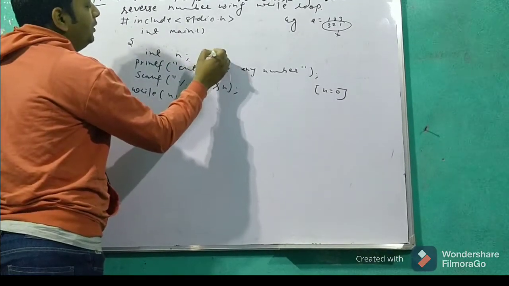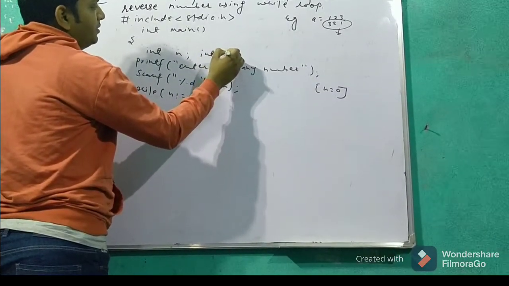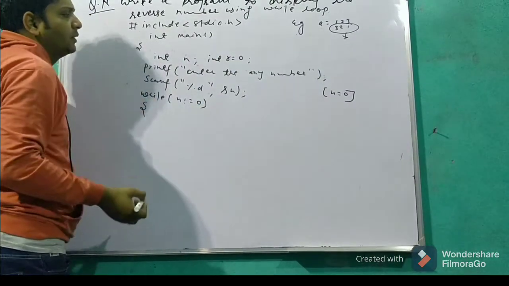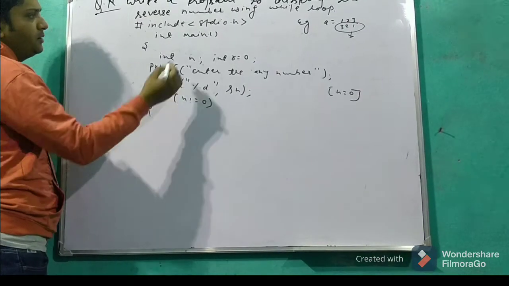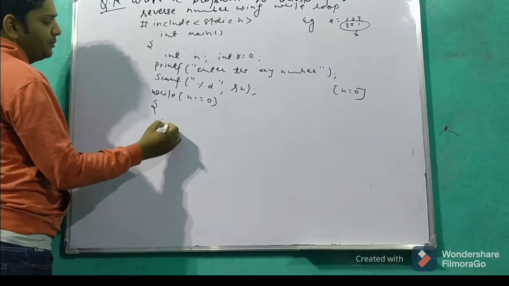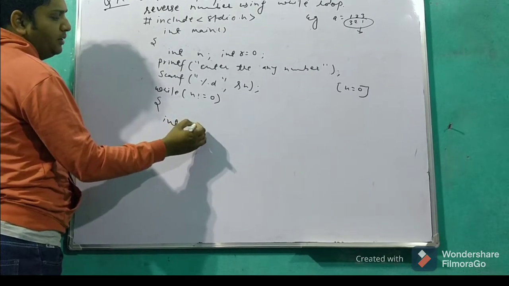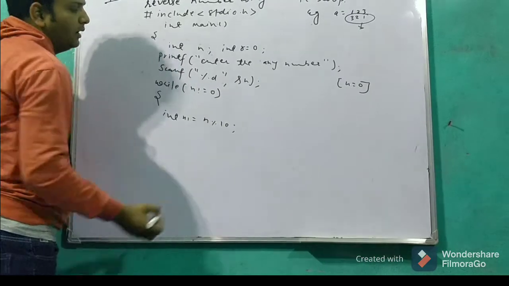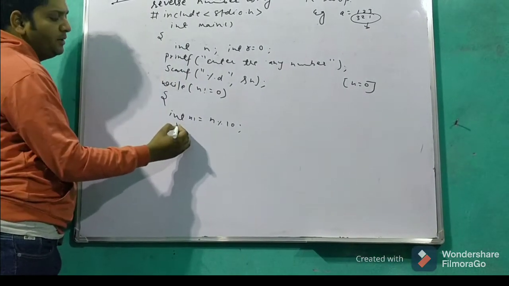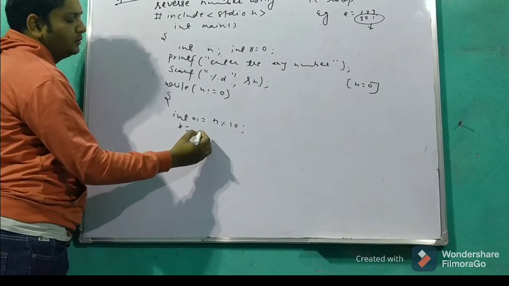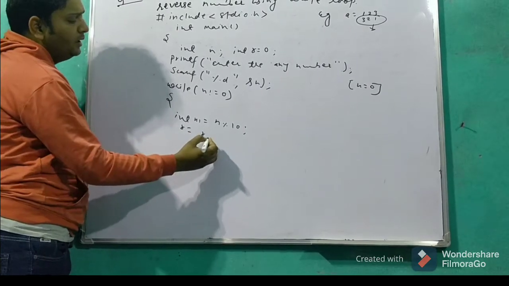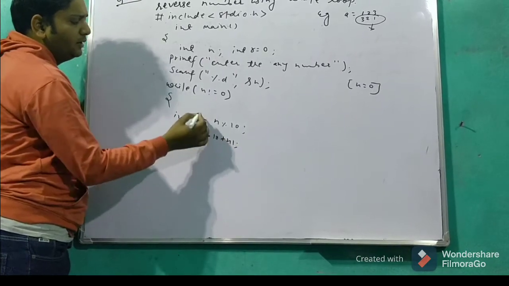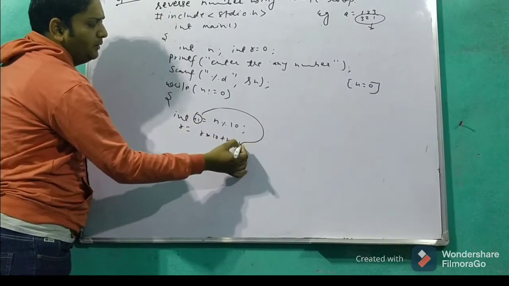Okay, before that I am going to declare some variables. r is the reverse number, just taking a variable and initializing it as 0. First we have to declare another variable, n1, which is going to take the modulus of 10. Then we have to calculate the reverse. So reverse equals reverse into 10 plus whatever the value we are getting from the modulus. That value we are trying to add.